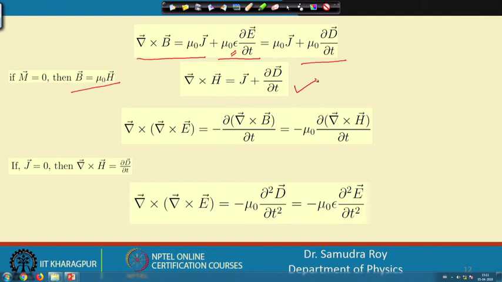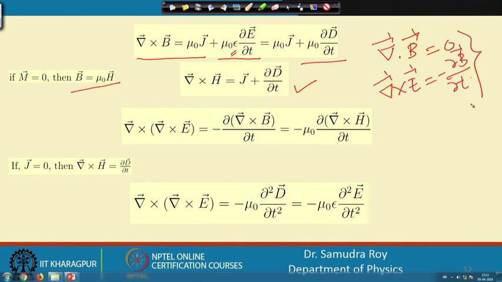So, the second and third equations, which were these, are intact. If you remember, the second and third equations are intact. This was the second equation and this was the third equation. We are not writing any modification, and no modification is required for these two equations. However, the first equation is modified and the fourth equation is modified.